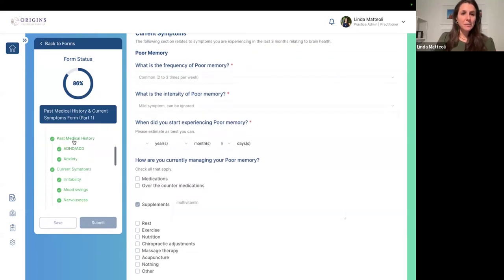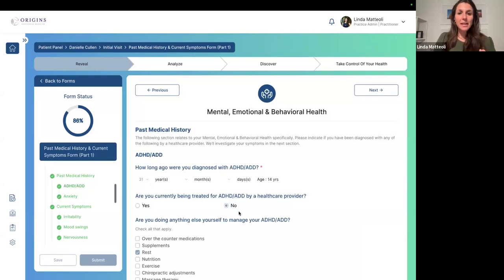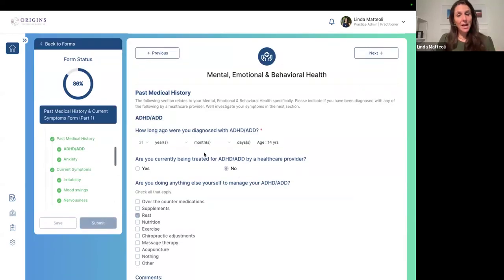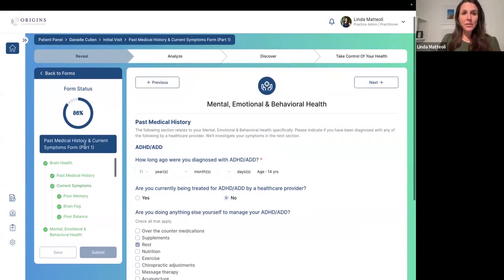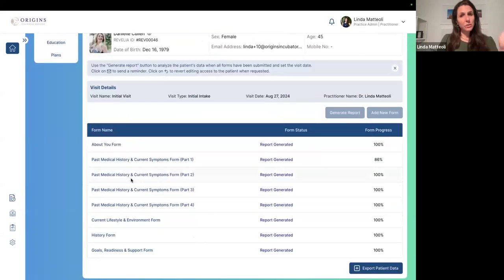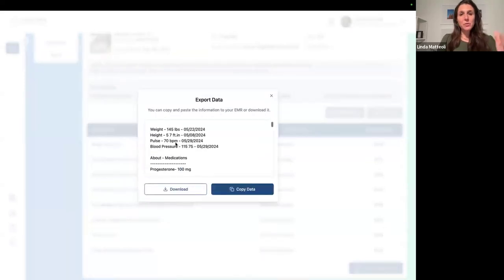Now, for past medical history, it's similar in that I'm going to be clicking my diagnoses, but here not only am I being asked about the timeline of this diagnosis, but also if I'm being treated by a healthcare provider and what I am doing for this. This is very important for when these forms are submitted, because then the practitioner has the ability to export the data down here with this button and read through it so they have a very clear understanding of the patient